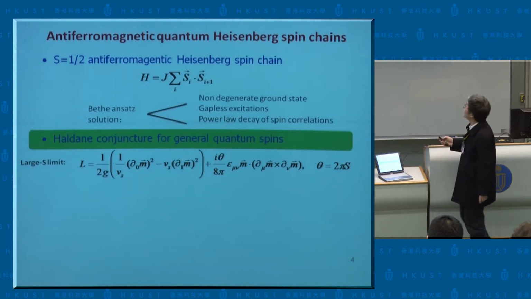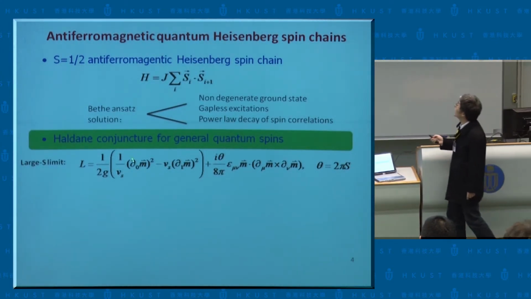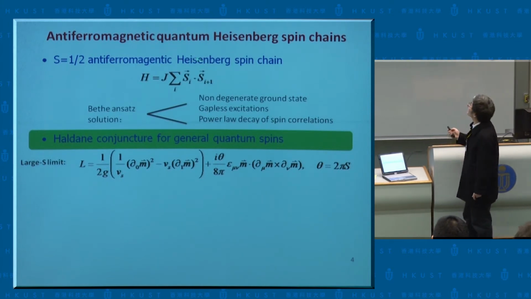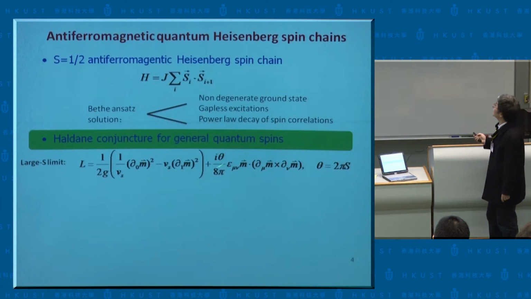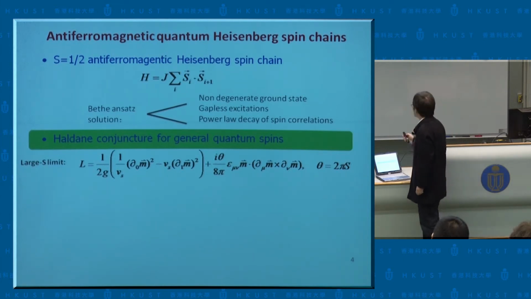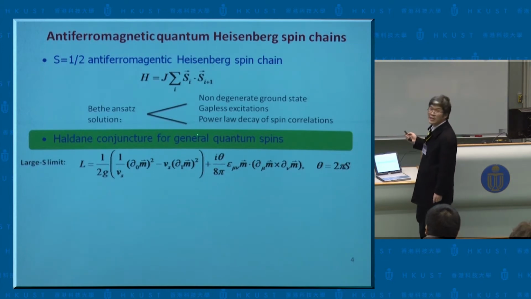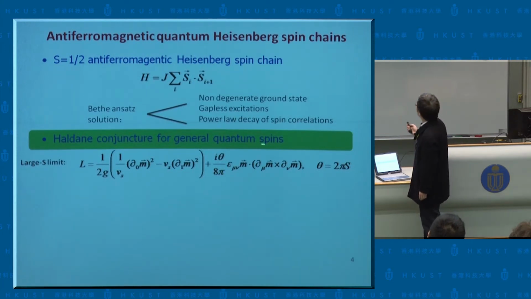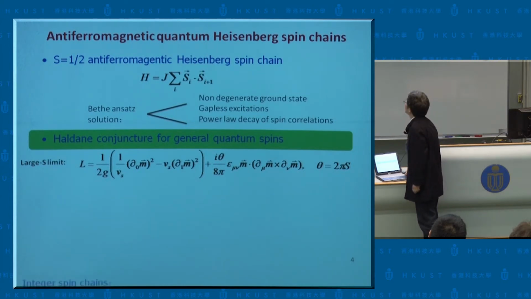In the early 1980s, Duncan Haldane considered this model in the large S limit. He derived a low energy effective Lagrangian in terms of the Néel vector of this quantum spin. And this is the form of the effective low energy Lagrangian. In this Lagrangian, there's a topological term. According to whether this topological term is present or absent,